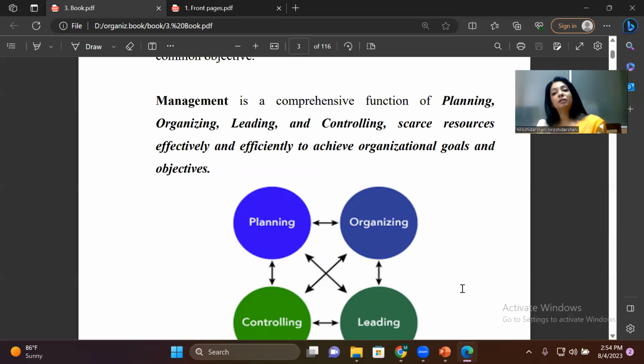Every organization needs to plan. What do we do under planning? We look into our goals and objectives. We set our goals and objectives, and then we develop strategies to achieve these goals and objectives. When we develop strategies to achieve the goals and objectives, what we'll be doing is taking this into documentation. That is really important. You take it into documentation, because once we see this, we feel it.